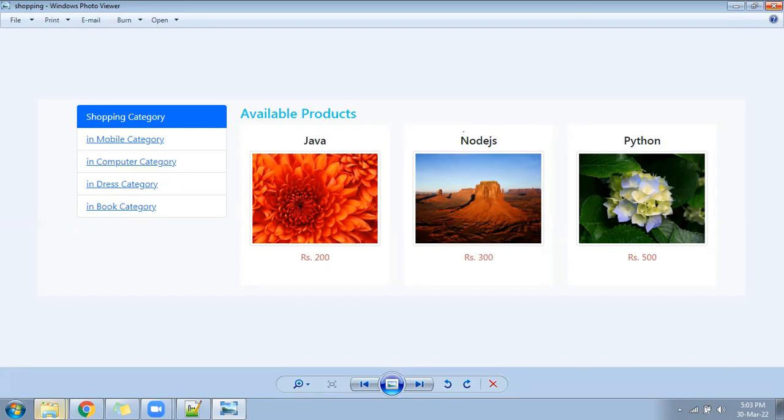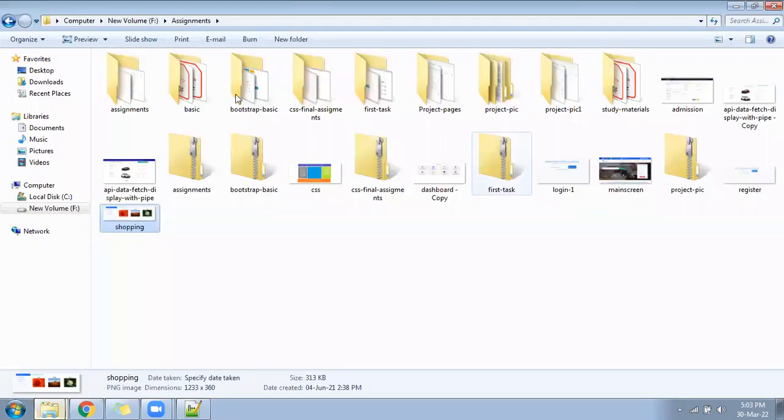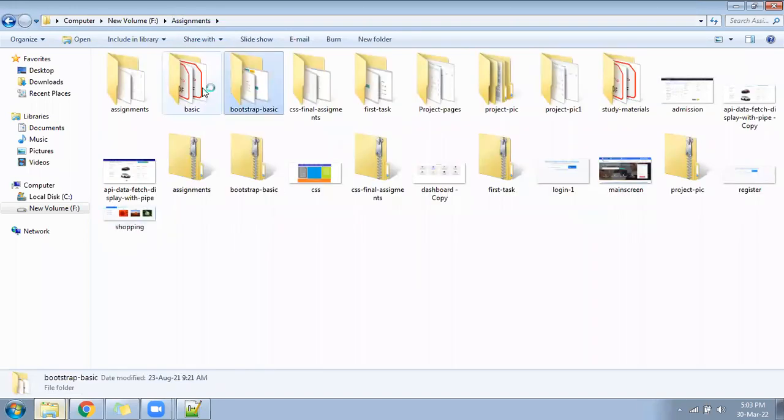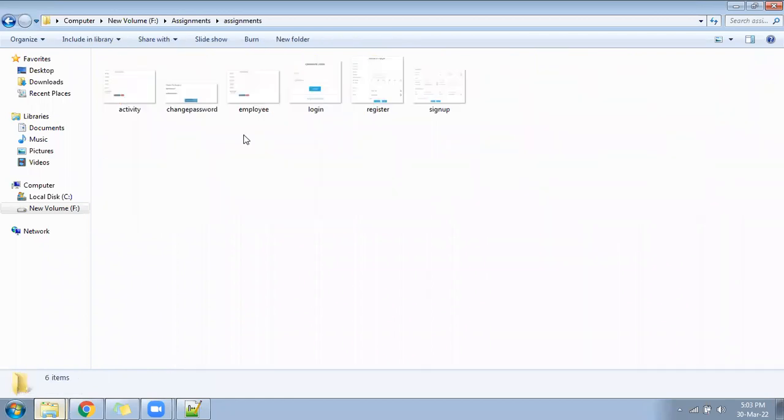Let me show you the second photo. That is the basic of Bootstrap. It's form-related photos only that I'm giving you. So which one should I give you?